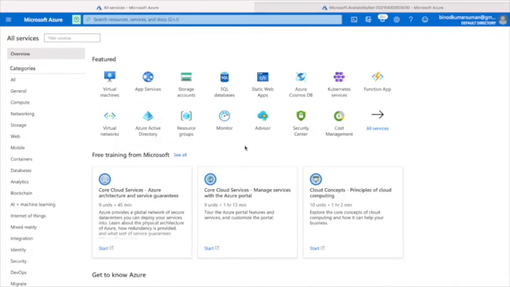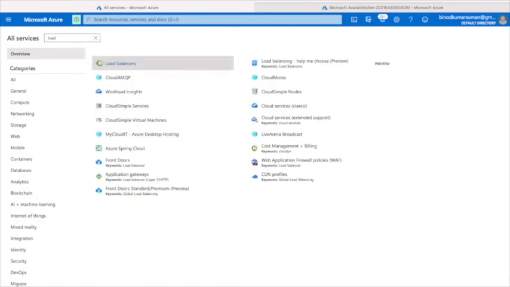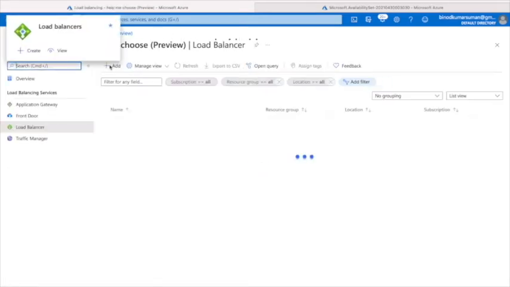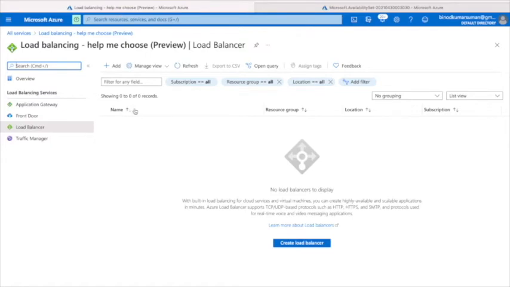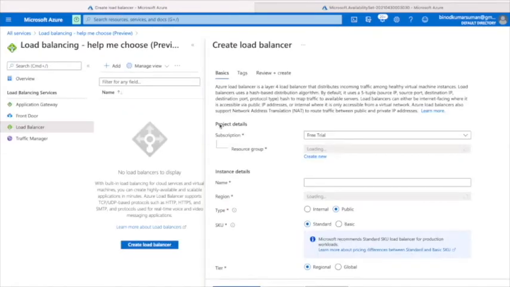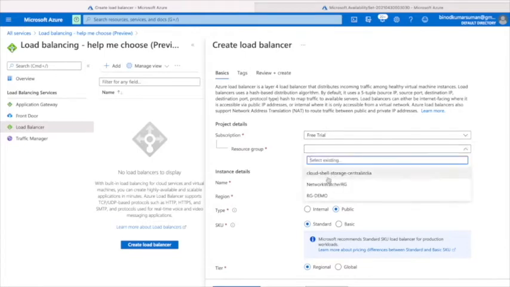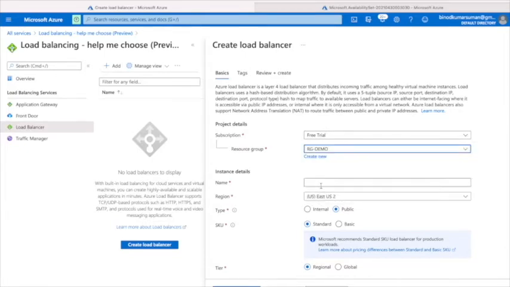Here you have to create the load balancer. If you're not getting the load balancer here, you can click here, select your resource group, name,